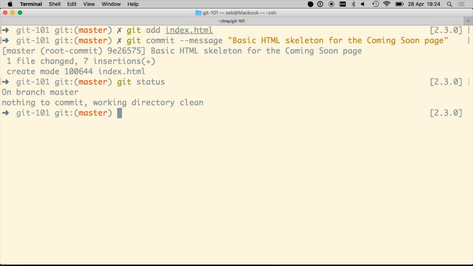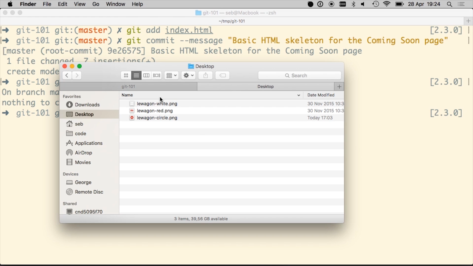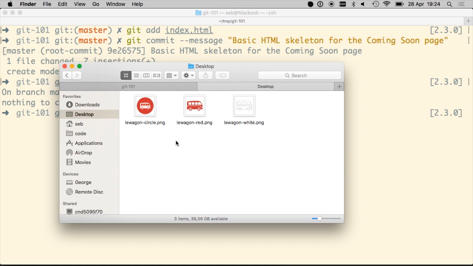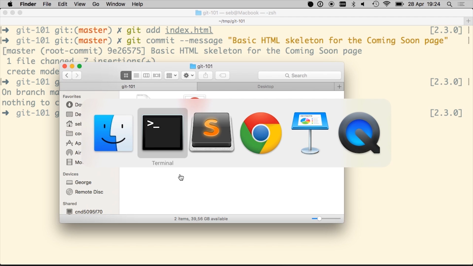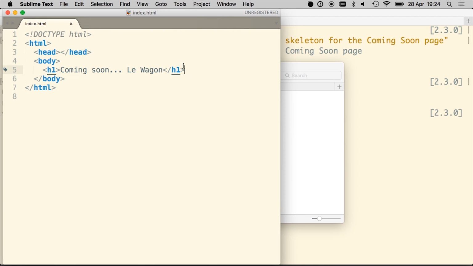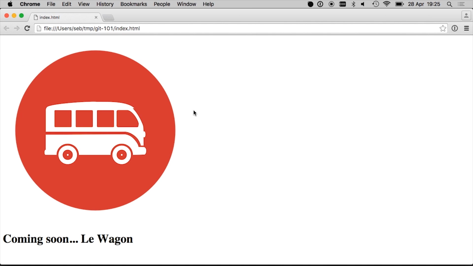So let's do another change. Let's do another commit. If I go back, I have some images on my desktop. For instance, let's take this image, le wagon-circle.png. I will put it there, and I want to put this image inside my web page. So I will use an IMG tag, and the name of the file is le wagon.png. Okay, so I added a new line to my code. And if I refresh my page, you can see that now I have a beautiful page with a big image